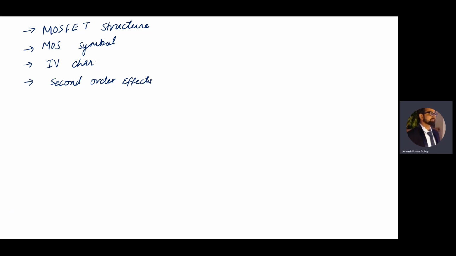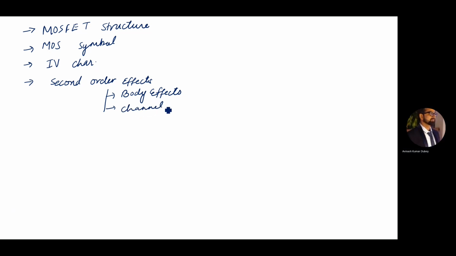In the second order effects, generally we see the body effect. The second is channel length modulation. And third, we will see the